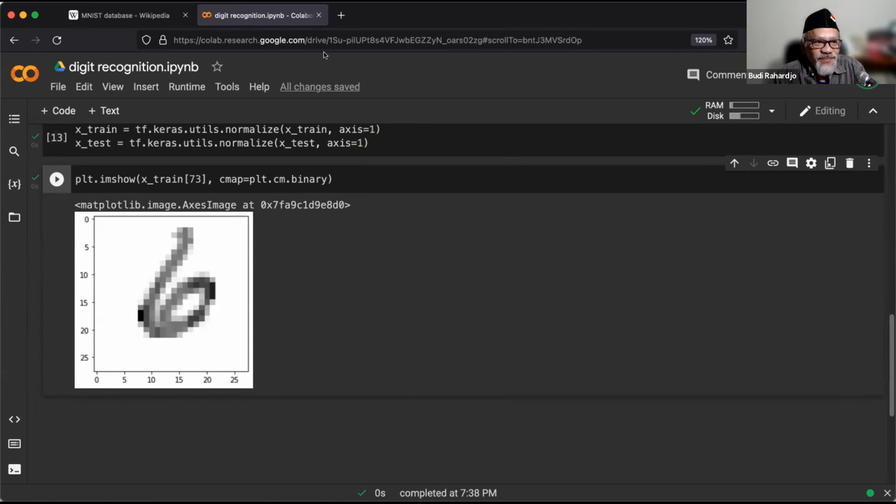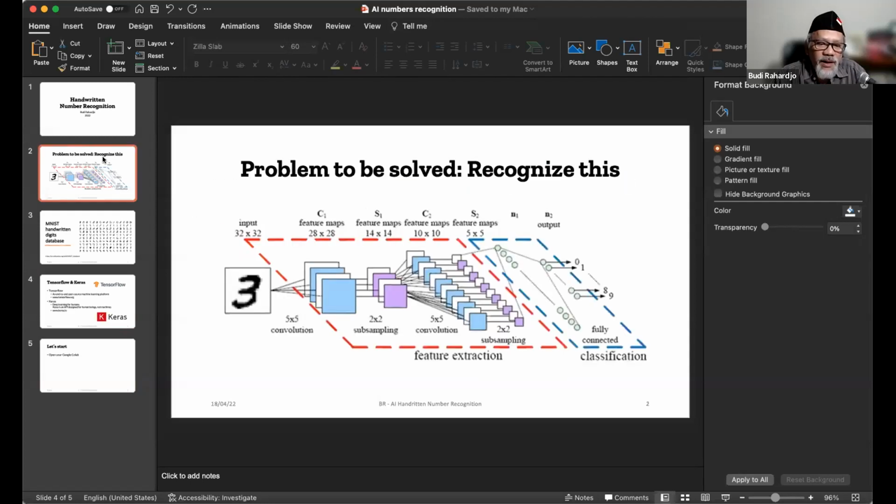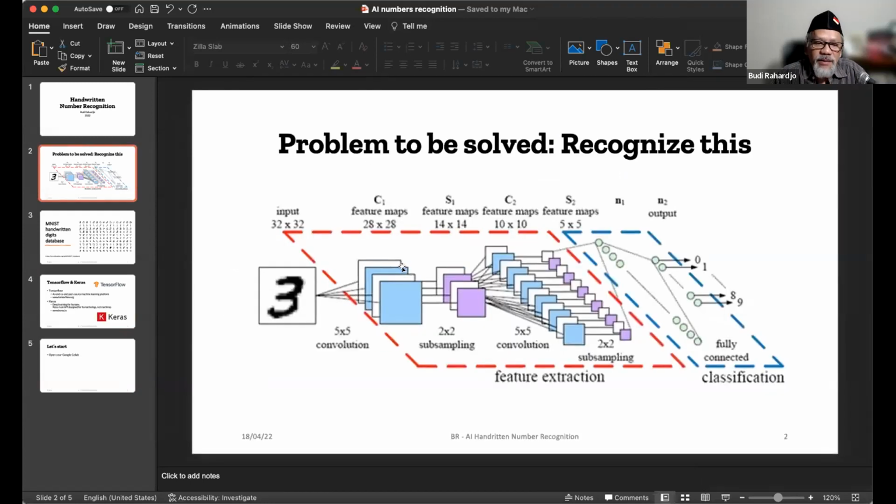Okay, now this is the most difficult part. Remember when I said earlier that we want to create this? Let me show you the PowerPoint again. This is what we want. I'm not showing this in full screen, but that's fine. We want to create these layers: the first layer, second layer, third layer, and so on, the layering of the neurons, remember from last week? How do we create the first layer, second layer, third layer?